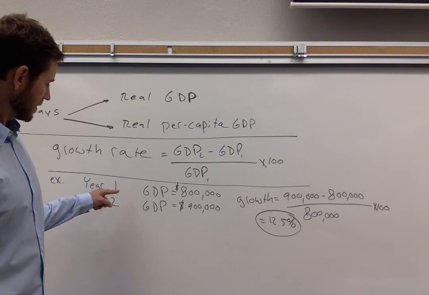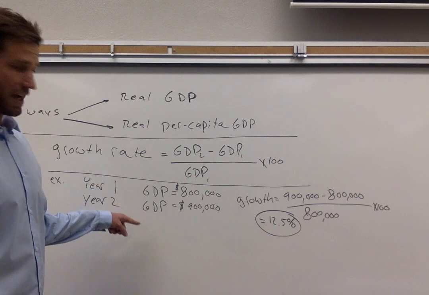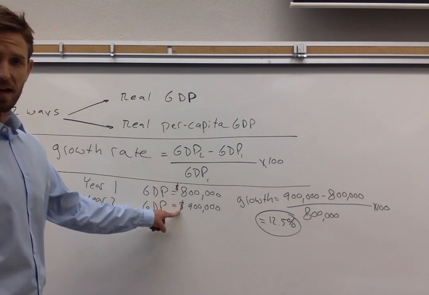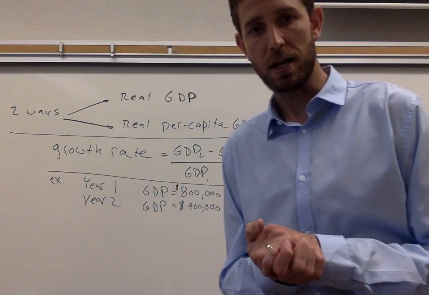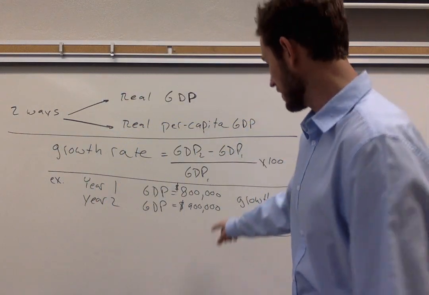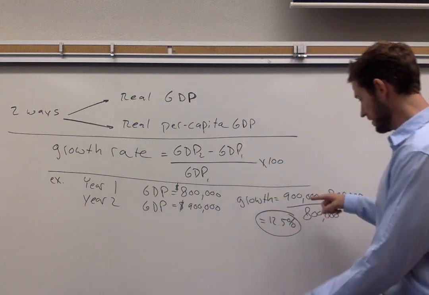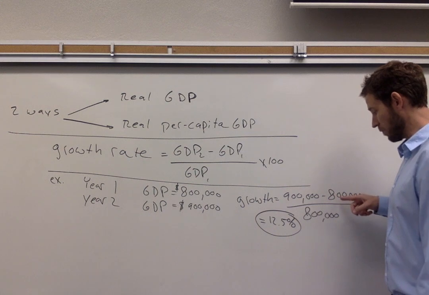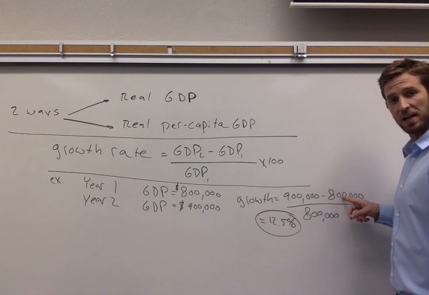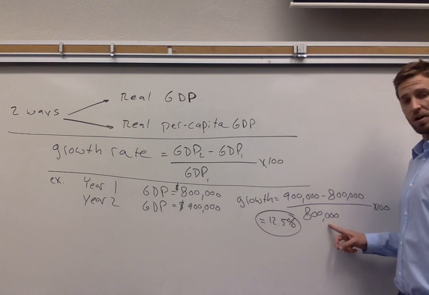So let's say that GDP increased from one year to the next, from 800,000 up to 900,000, and you wanted to know just how much economic growth that country got across those 2 years. So as I said, all you're going to want to do is apply this formula. Take 900,000, GDP in the second year, and subtract from that whatever GDP was in the first year, which is 800,000,